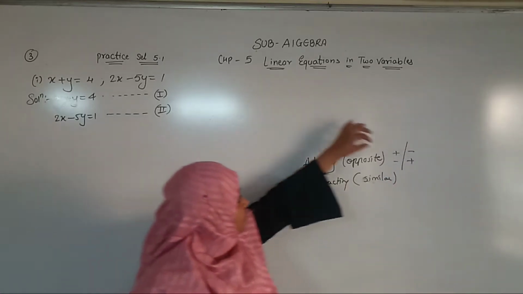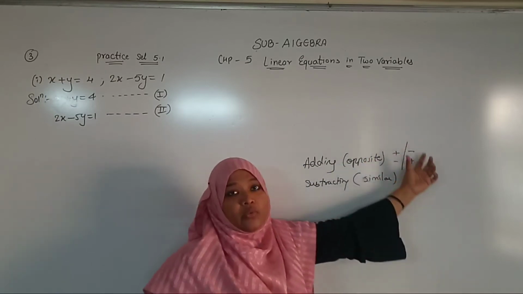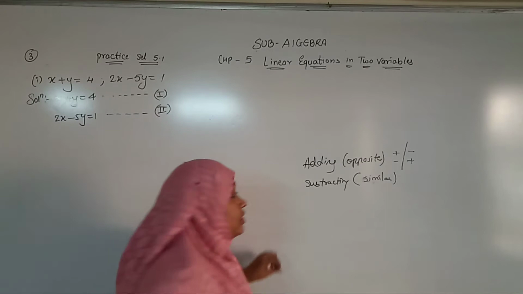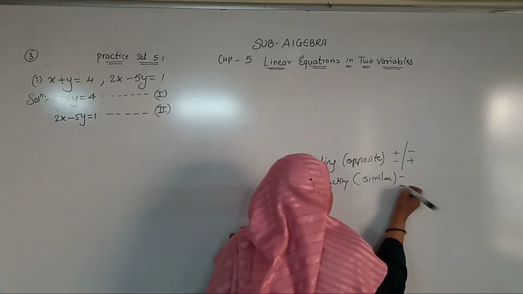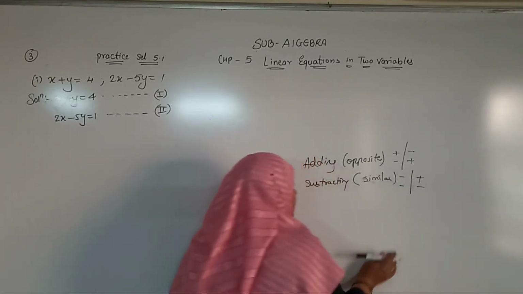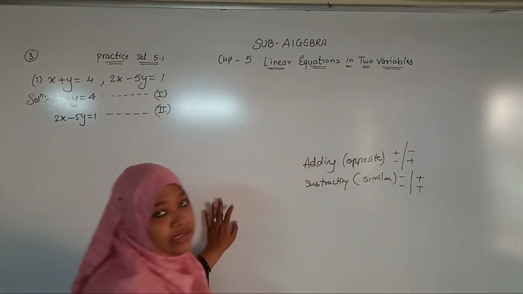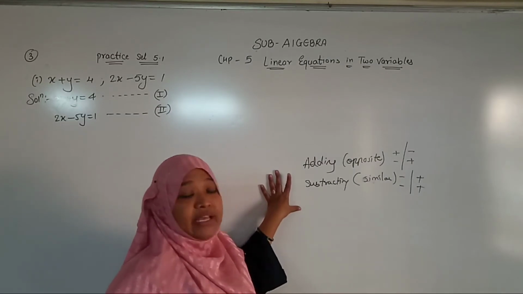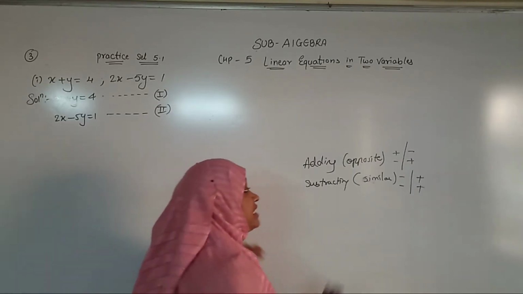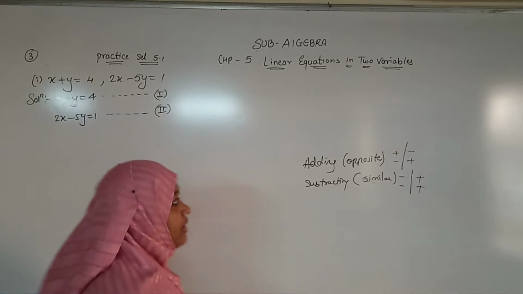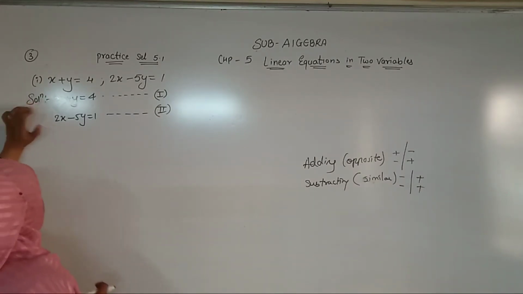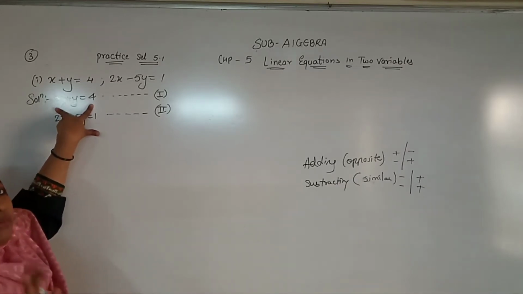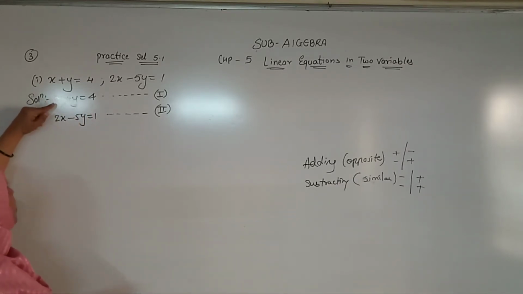Okay, these two equations have the opposite sign. Equations having opposite sign you can add. If the equations have similar sign, similar sign means plus plus, minus minus, then we have to subtract. Understood? Okay? And when we are subtracting, I told you wrong before: we have to change the sign also. So see how I am going to do. Now I can multiply equation number 1 with any number, because I can take 2, so I will take 2x.